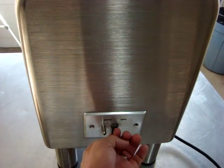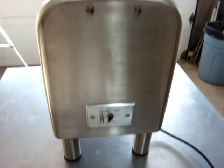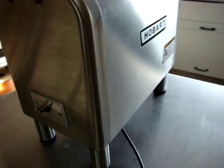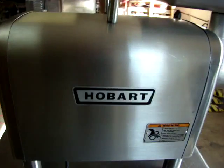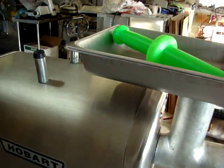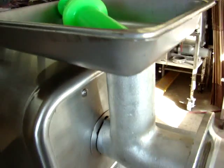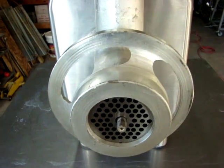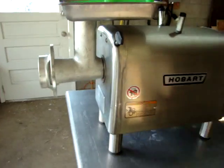Turn it off now. Safety switch. Great condition. Hobart